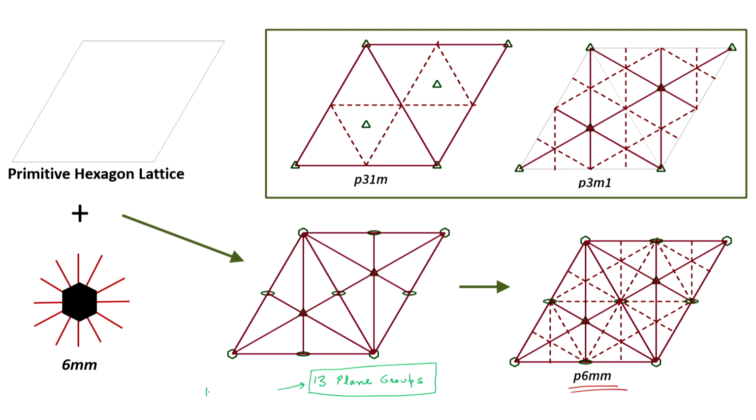But the question is, is this all? Well, I have exhausted all the point groups. I have added all the point groups to the 5 lattices in all possible manner. So, therefore, at first glance it may appear that should be the end, and that should be all the 13 plane groups that are there. But there is something else also we can do. So, there are a few more possibilities, and let us discuss those possibilities in the next lecture.